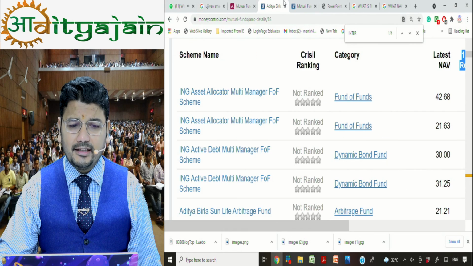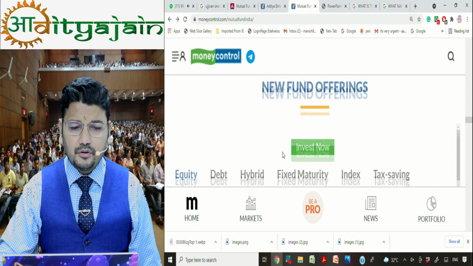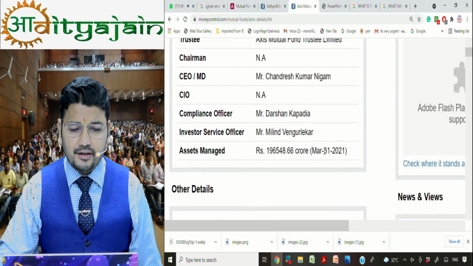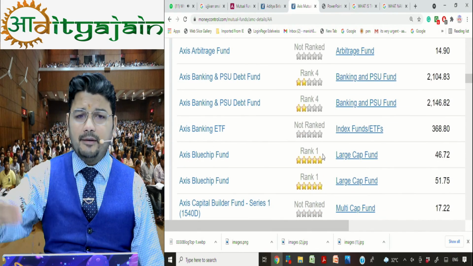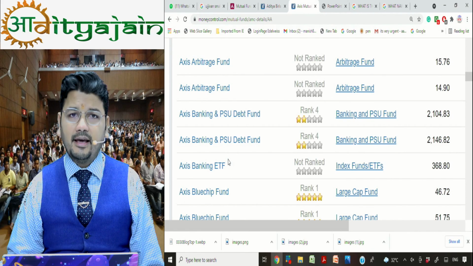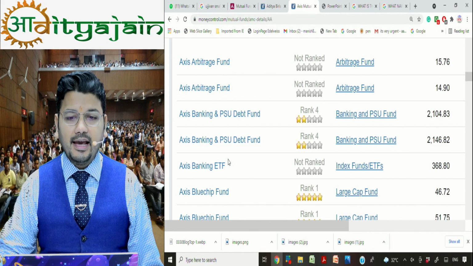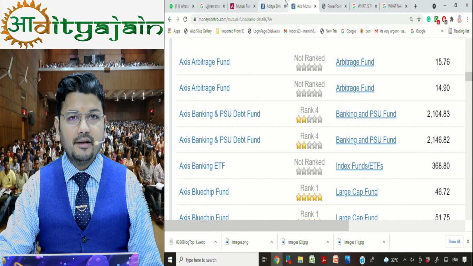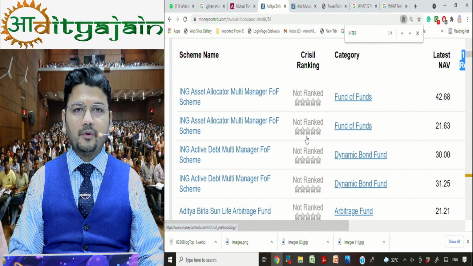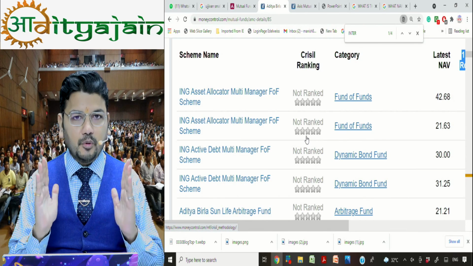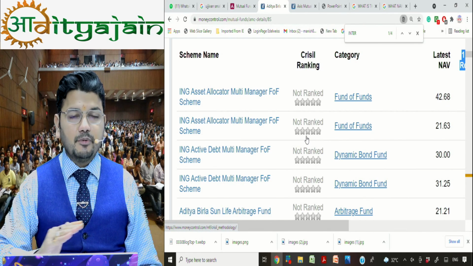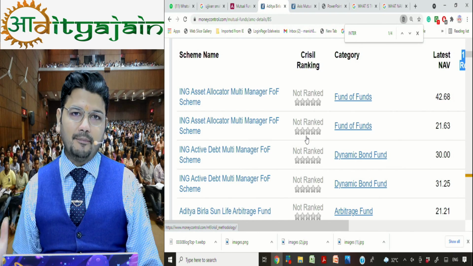Same goes for any other mutual fund, like we can also see any other mutual fund like Axis Mutual Fund. This will again have so many schemes. And then we will check NAV, return, and AUM, asset under management. There are lots and lots of things which need to be told, but we will proceed in this chapter slowly and slowly, and definitely step by step you will be a champion in the mutual fund market.